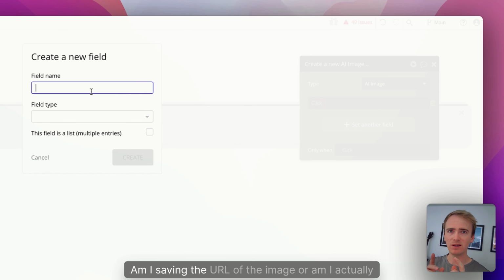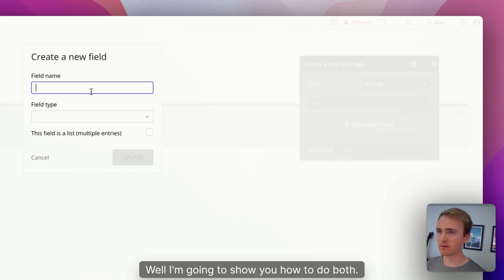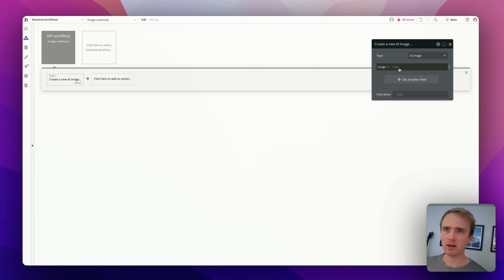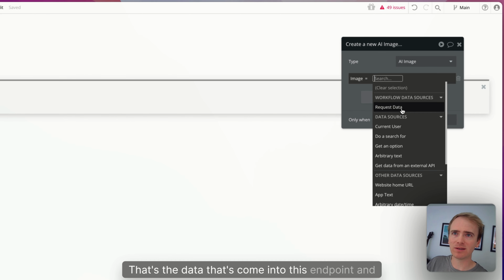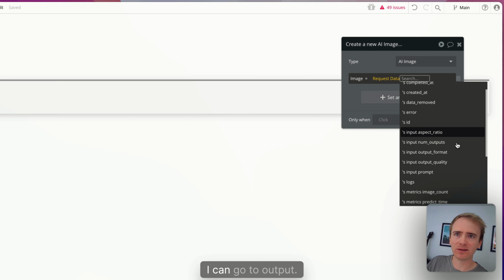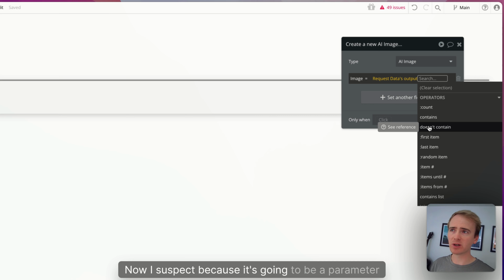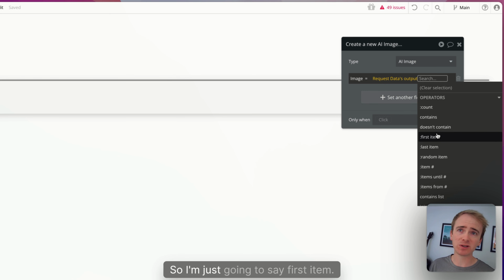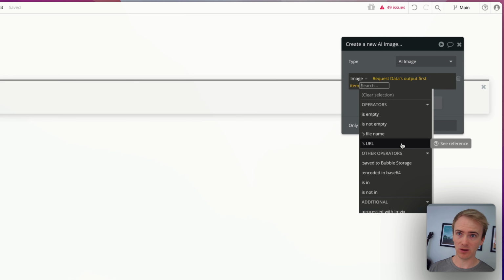Now there's two parts here. Am I saving the URL of the image, or am I actually saving the image to my database? Well, I'm going to show you how to do both, because if I just say image and then of type image, I can now go into request data. That's the data that's come into this endpoint, and I can go to output. Now I suspect, because it's going to be a parameter somewhere, the output is a list. You could get back more than one version. I've only requested one, so I'm just going to say first item, and then I'm going to say first item. Right,